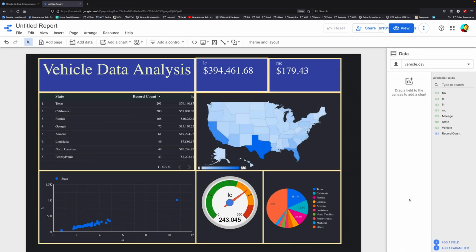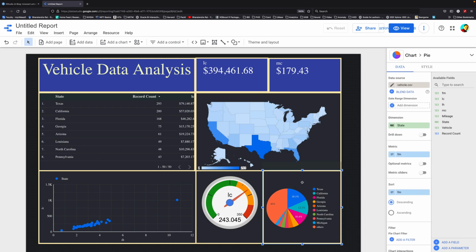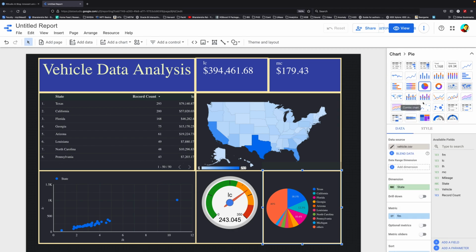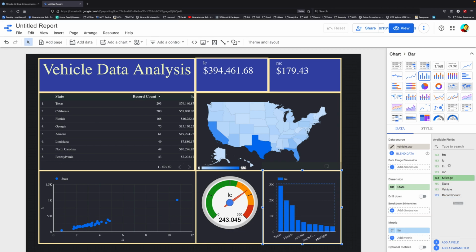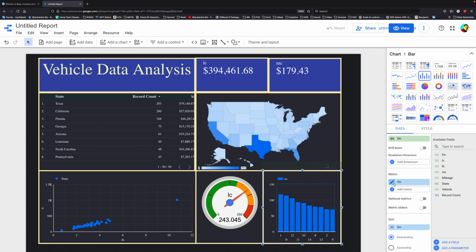Having made a basic structure ready, if needed, we can do some fine tuning. Let's say we want to change this pie chart to some other chart because we already have this state related information in the geoplot as well as this table. So when you click on this box and then go to chart, you have so many different options. Let's do a bar plot, and I want to do a bar plot for FM, failure month, and the metric we want to do is count. That looks okay to me.